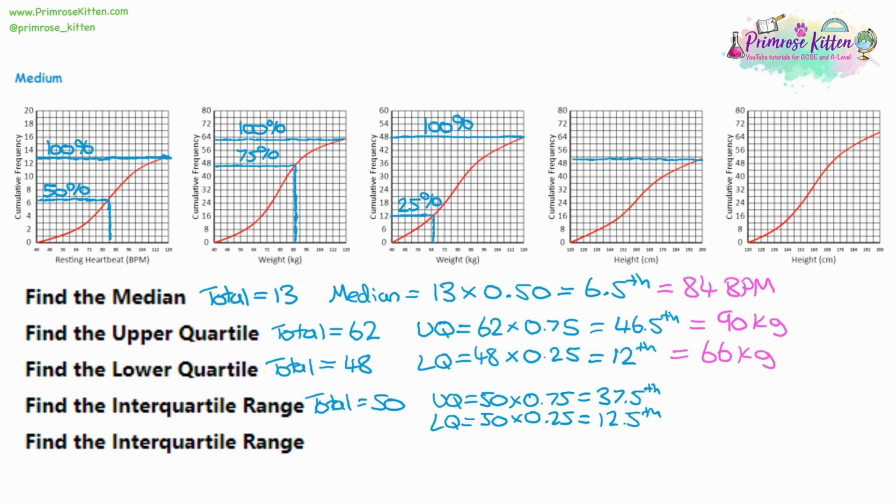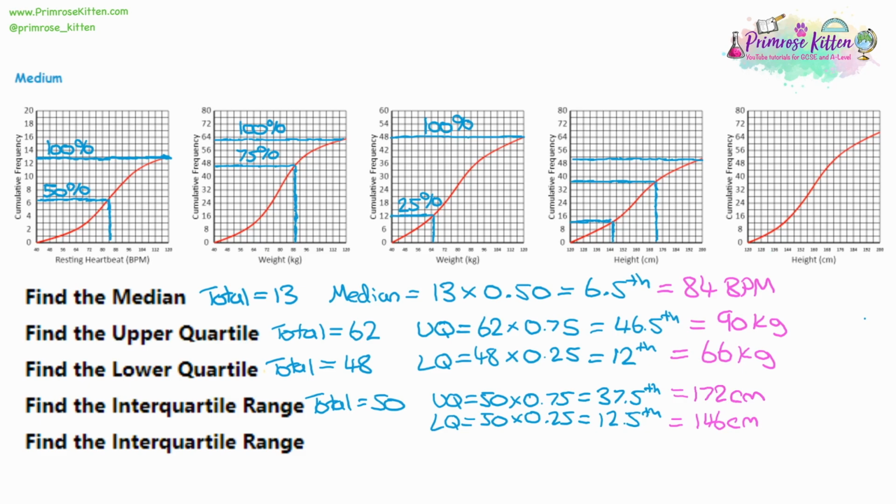So let's find the upper and lower quartiles. The lower quartile was at 12.5, get as close as you can. Draw a line across, draw a line down. It looks like we're a little bit above 44. Now this is going up by 4 each time, so the next line across will be 48. So in between 44 and 48, so 146, and the height is in centimetres. For the upper quartile, we find 37.5, draw a line across, draw a line down, and it looks to me that's exactly on 172 centimetres.